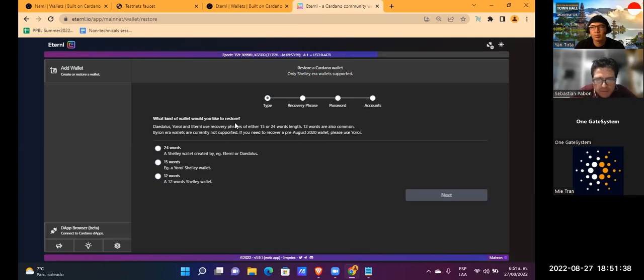In this wallet you can import your wallet from other providers, no matter what provider. We can import a wallet from Nami.